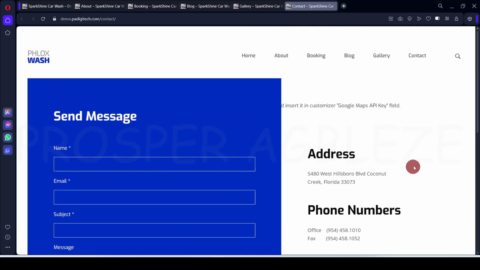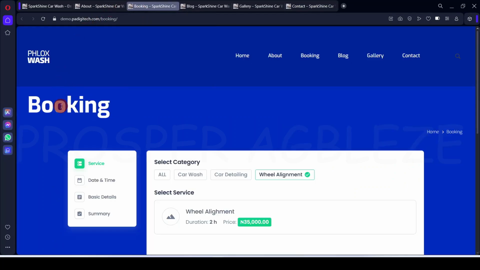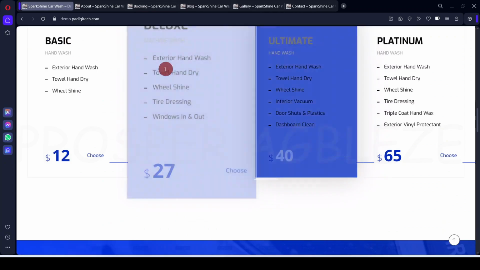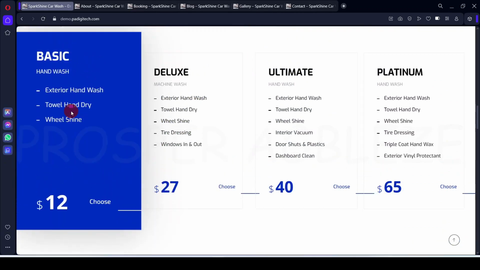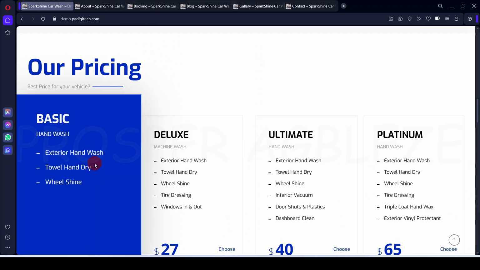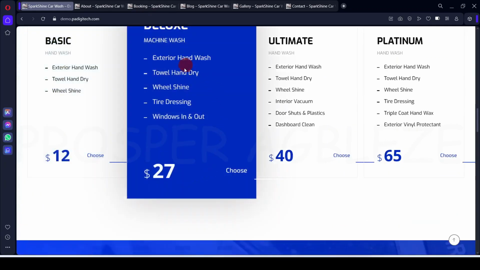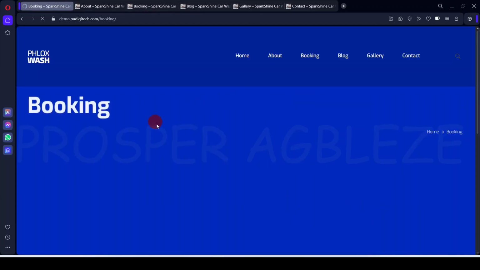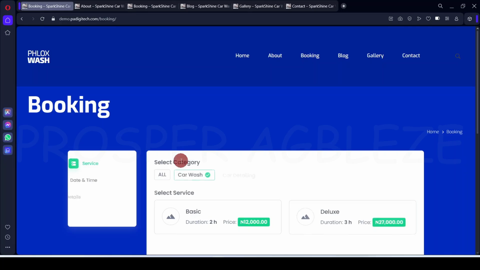So now let me show you how the booking part works. If someone comes on your website and heads over to booking, you can see on the home page there will be different places that can take you to the booking section. For example, this is our pricing. If someone sees all of this and says, okay, maybe I want to go with the deluxe or the ultimate, one can just click on choose. I've set it up such that once you click on choose, it takes you straight to the booking page,